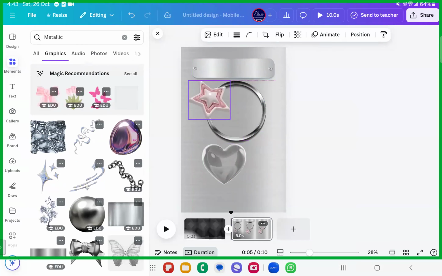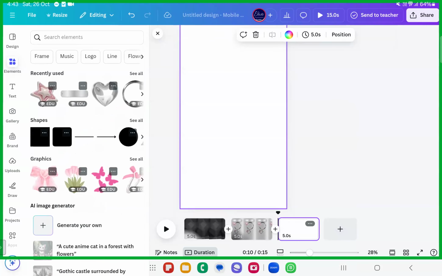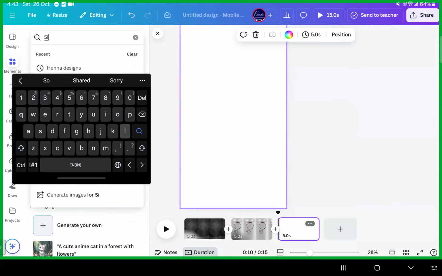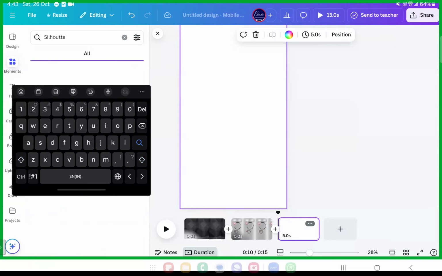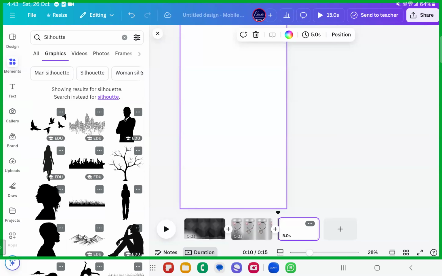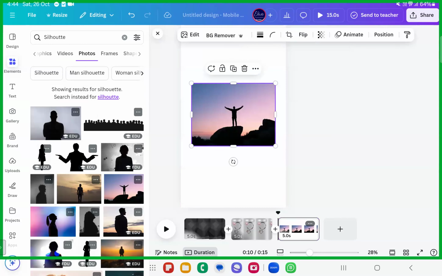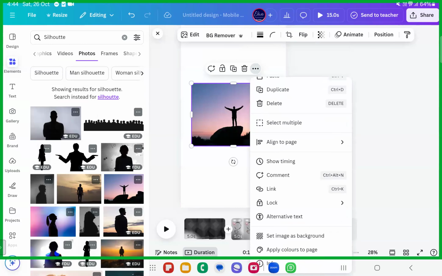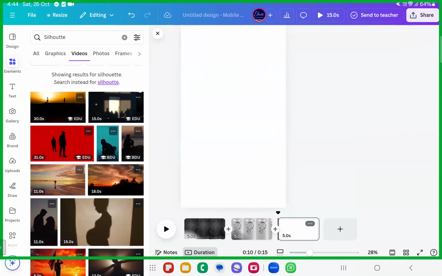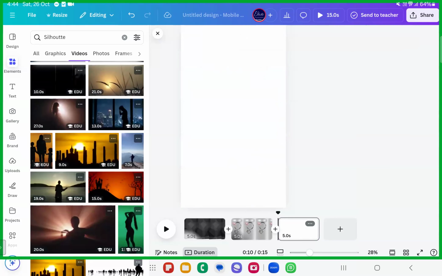Just look into these designs. Something like this you can create by yourself. Metallic. Then you have something called silhouette. Silhouette is nothing but the shadow version of the person or something like that. For example, if you want a shadow version of frames like men shadow, you can just write silhouette, men silhouette, or something like that. You can use it as a background. With silhouette, you can take the videos as well. If you are creating a video, you can take the silhouette of the man and create a beautiful video as well. So we call it silhouette, wherein there is just the shadow.